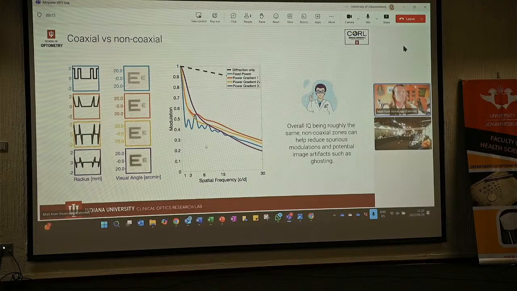And with non-coaxial focusing, as opposed to more traditional coaxial focusing where they actually meet at some point along the optical axis,